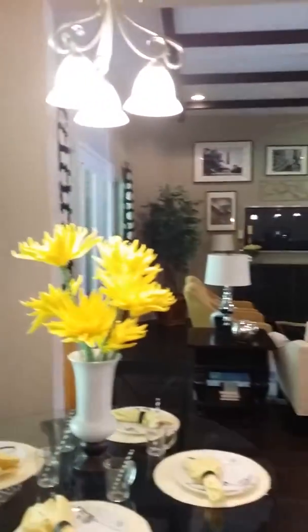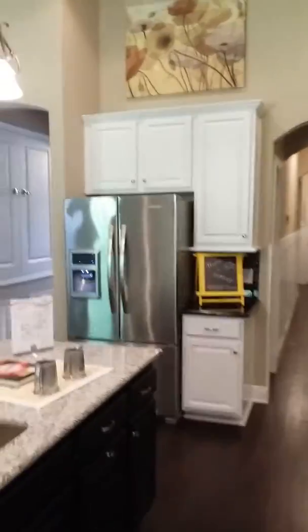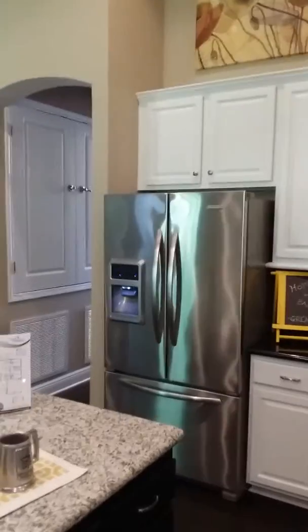Okay, so this is a very nice home in Nature Trail. Come by and visit me. I'm here all the time. Today I'm here from 10 to 6. Feel free to give me a call,